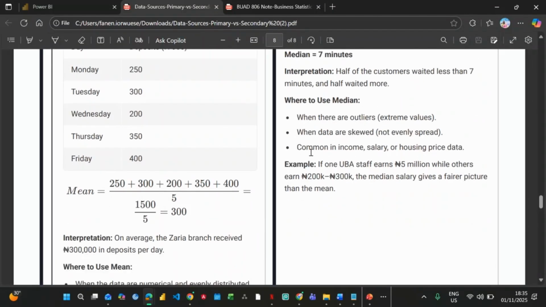So where do you use the median? It is common in income, salary, house pricing and all that. For instance, imagine that if one bank staff